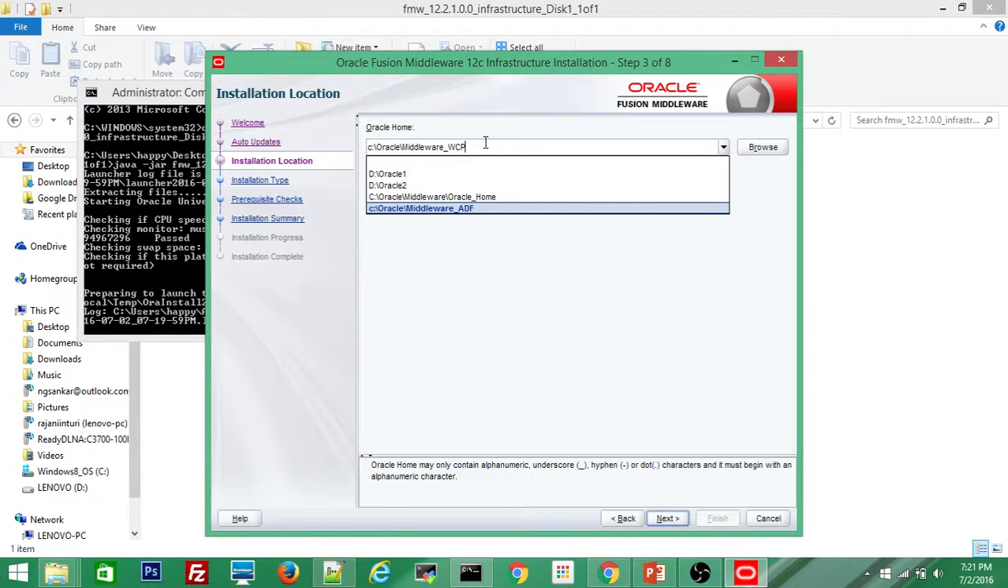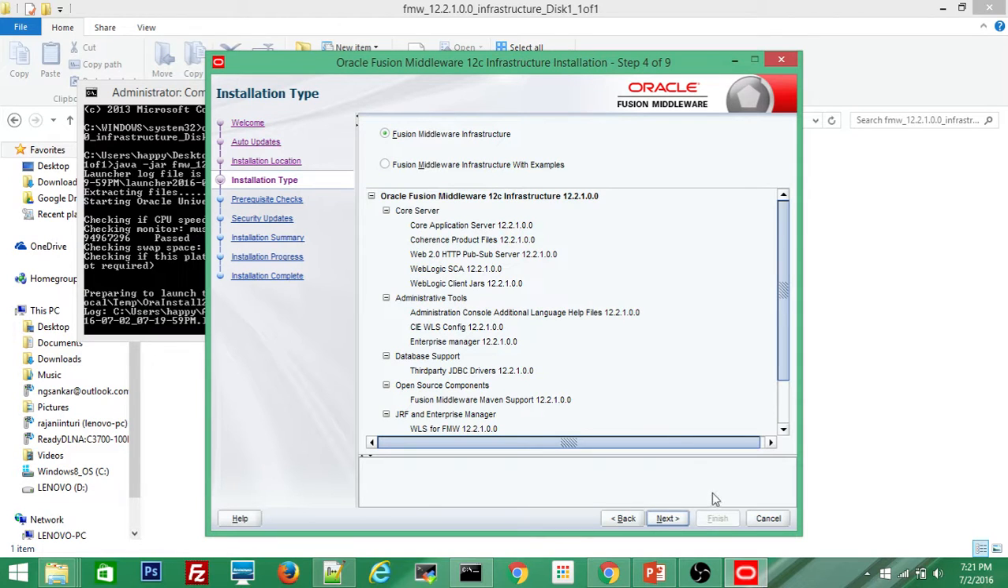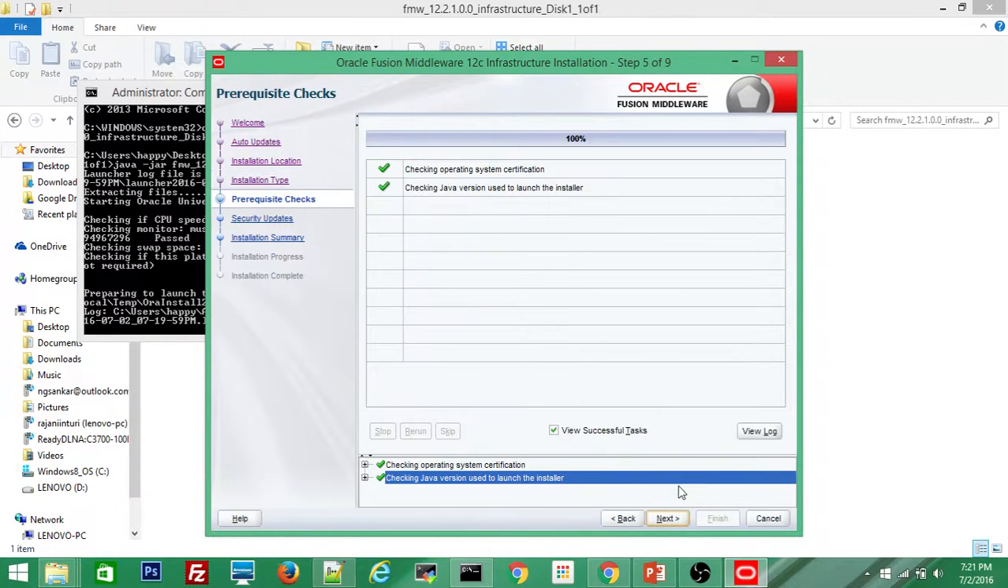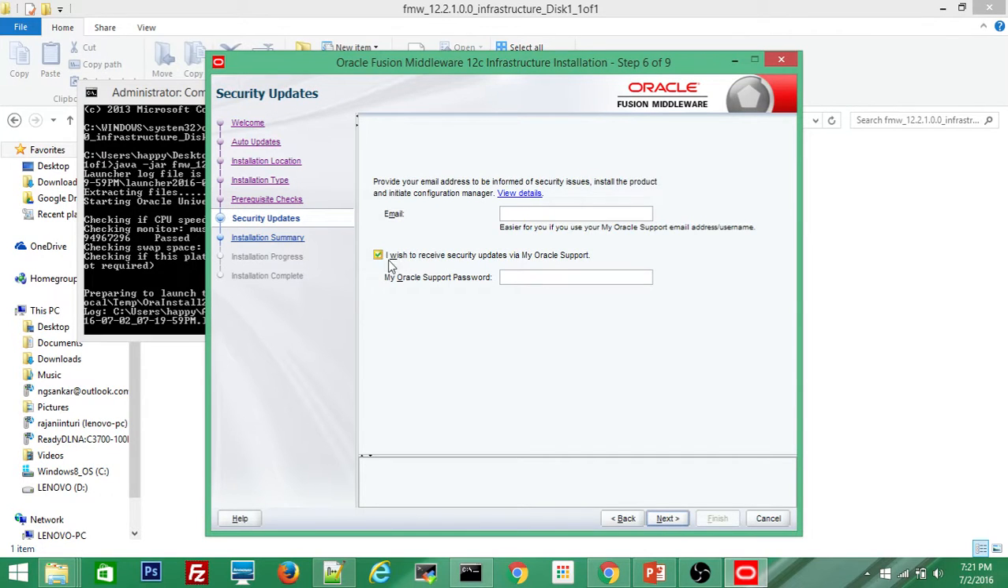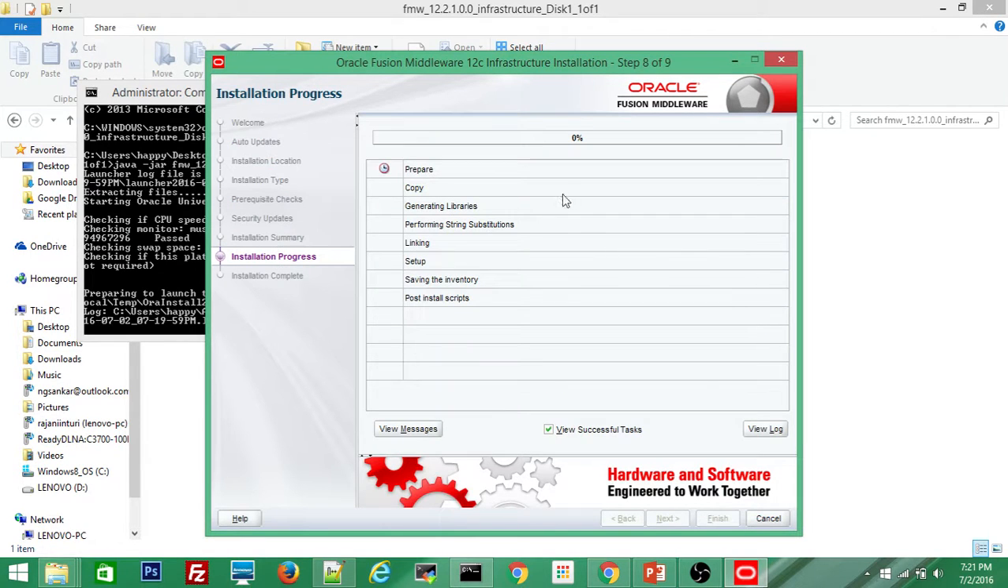I want to install inside this new folder structure, middleware WCP. I already had the product called ADF, so I'm going to differentiate between the products. I just want to name it middleware underscore WCP. WCP means WebCenter Portal. So let's say next, just default options, click on next, then click next, then uncheck this. I don't want to give my mail ID to get Oracle support, so I click yes, then say install. So it will now install the infrastructure